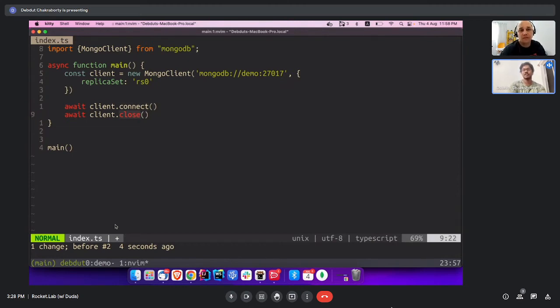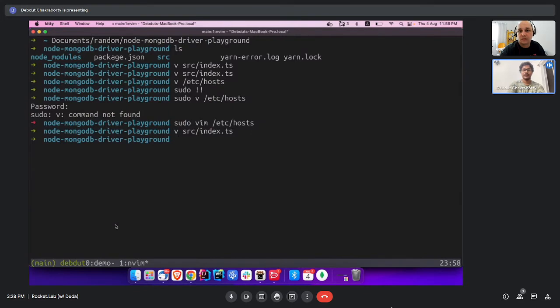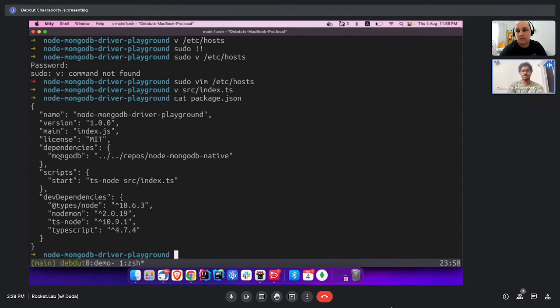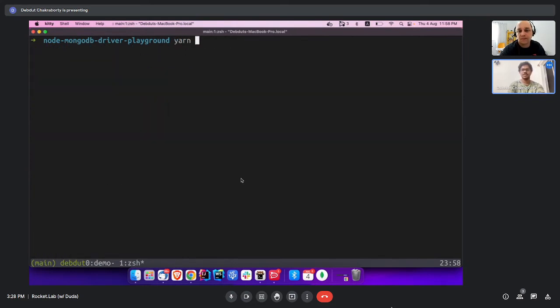That will give us a better understanding of what's going on behind the scenes, right? I'm going to save it, and if I show you my package.json, you'll see that MongoDB is pointing to my local repository. So if I run yarn start, which will just start the script,